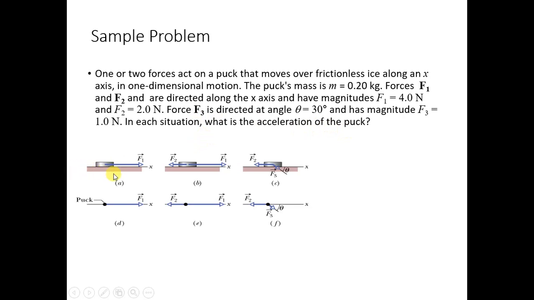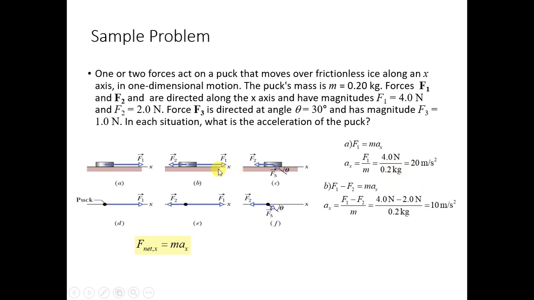So see here, first of all, in the simple case F1 is in the x direction. At that time, what is the acceleration? Acceleration is a. The net force along x is F net equal to m into ax, where ax is the acceleration and m is the mass. So F1 is equal to m ax, and we need to determine the acceleration. So acceleration ax is equal to F1 by m. We get 4.0 newtons divided by 0.2 kg, so we get the value of 20 meters per second squared.